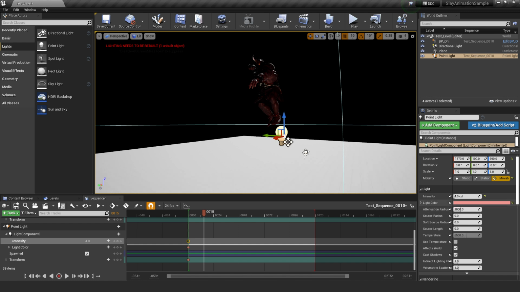And so in order for this light to now blend from the white to the red that we currently have, in the details panel, there are these diamonds. These diamonds are effectively a way to keyframe without having to hit enter and without having to do it inside of sequencer, so that if you already have your scrubber in place where you're going to be having these new keyframes live.